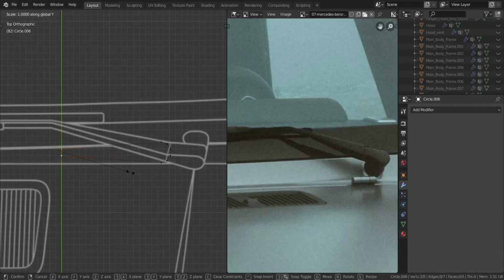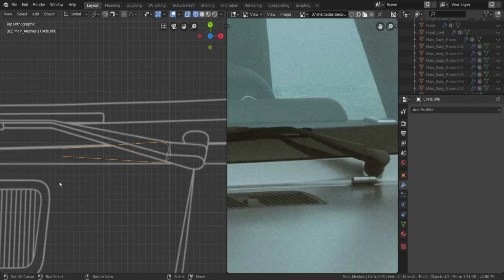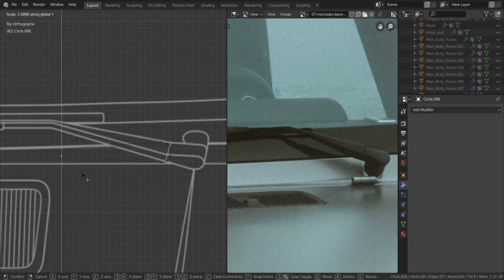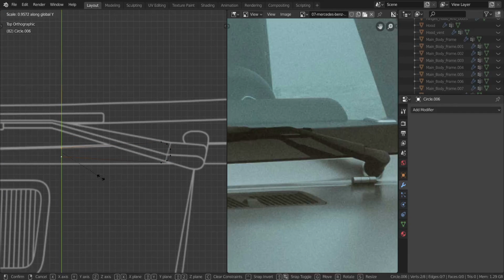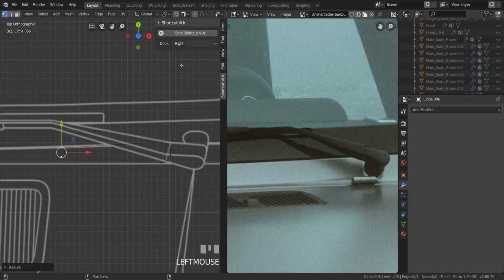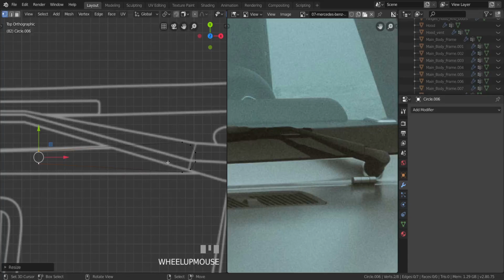Maybe let's scale it up a little bit more, so S and then Y, and I think that is about the size. Let me scale it up just a little bit more, so S and then Y. That might be too much. S and then Y, scale it in just a little bit more. Alright, so I just enabled that for you guys so you can see what buttons I'm pressing. And with that done, what I'm going to do next is